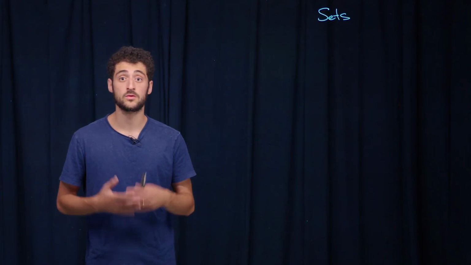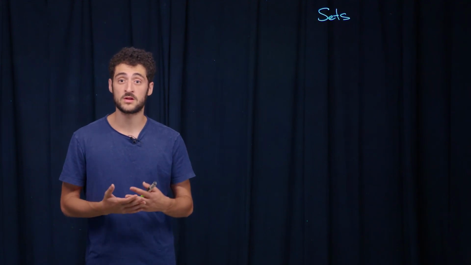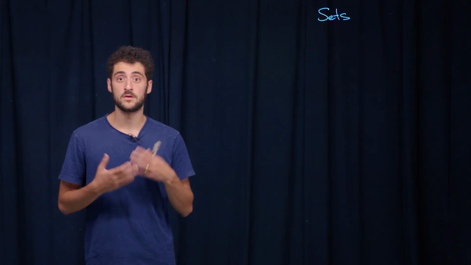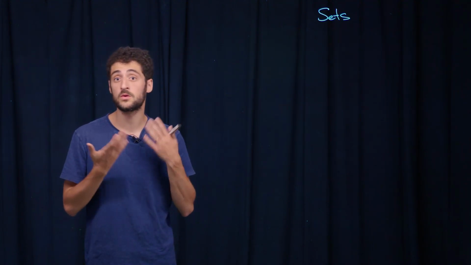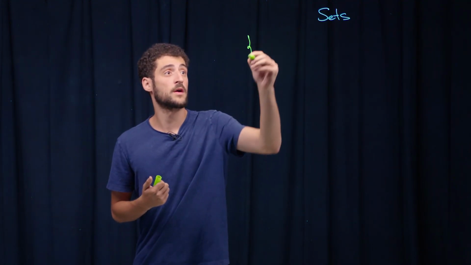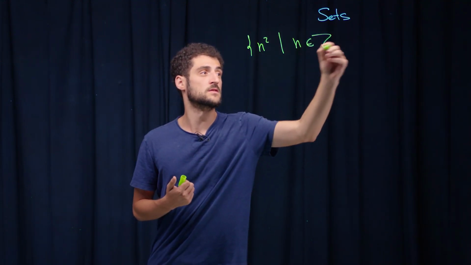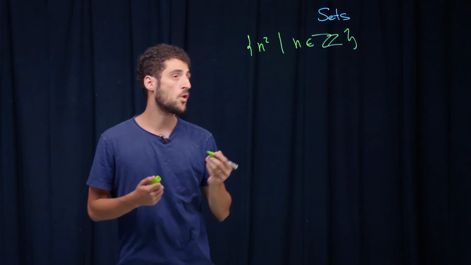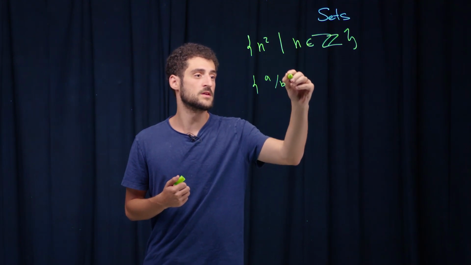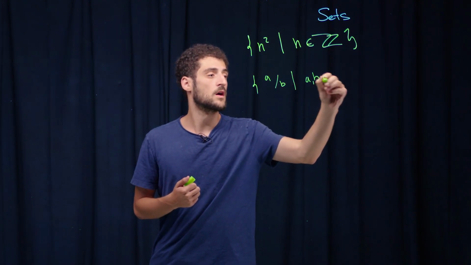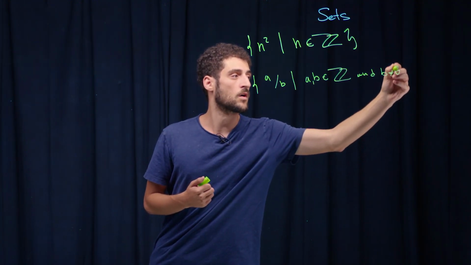Sometimes you don't know how to describe the elements of the set, but you know how to construct them in a constructive way. For example, you want to write the set of all perfect squares. You don't know how to check if something is a perfect square, but you know how to generate them. You just want to have the set of n squared such that n is an integer. Or you may list all the rational numbers. You write it's a over b such that a and b are integers and b is non-zero,